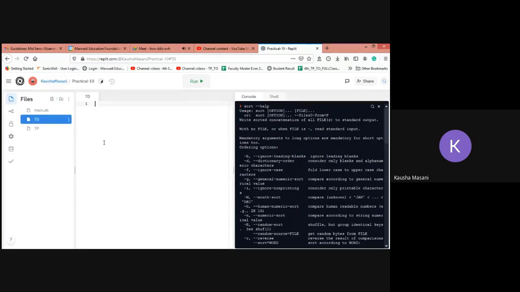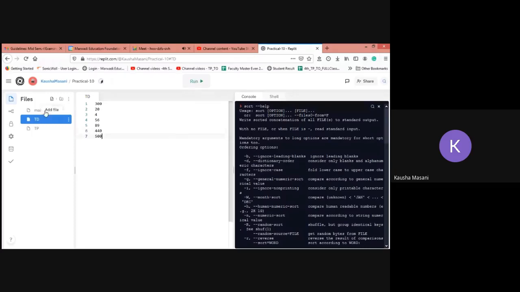Okay, in this td file I am going to write some random entries of the numbers: 324, 56, 89, 440, 500. Okay, this is my file.